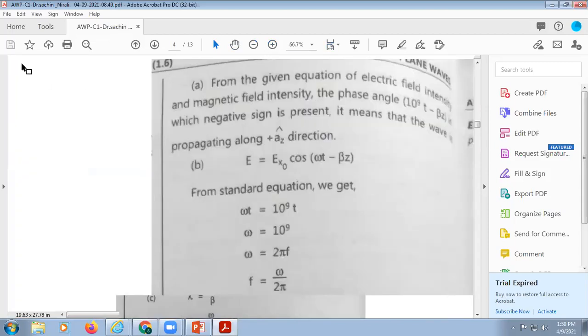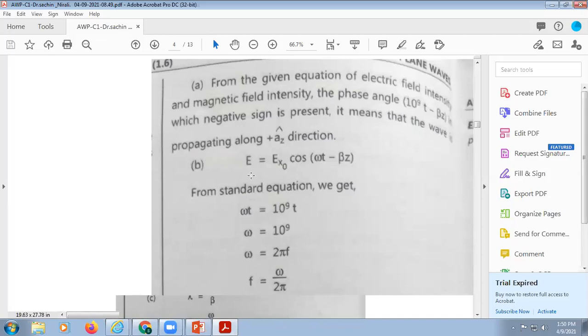Yes. So what you need to note down, all of you, apart from the given equations of the electric field intensity and the magnetic field intensity, is the phase angle. What is the phase angle? In bracket, 10 to the power 9 t minus beta z, in which the negative sign is present, obviously. So the direction will be plus of the phasor direction. That you need to note always, because the question arises, what is the direction? Here the negative sign you are getting, so the direction is in the az direction.